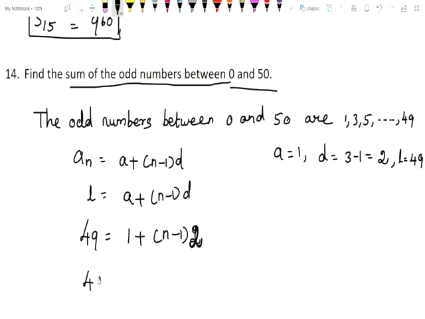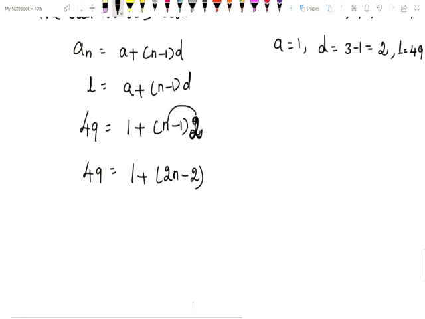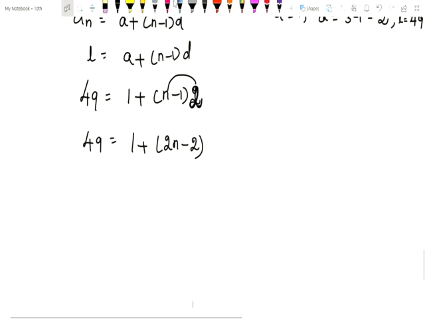So 49 equal to 1 plus, just multiply this, 2n minus 2. Okay. So here plus 1 minus 2. What you will get, children? Minus 1 plus 2n